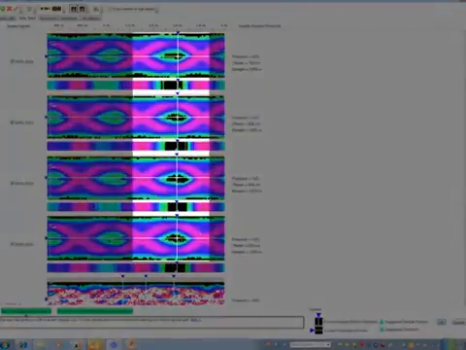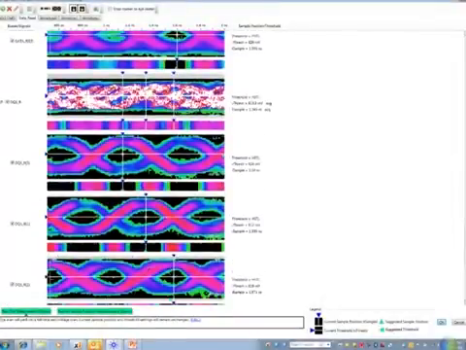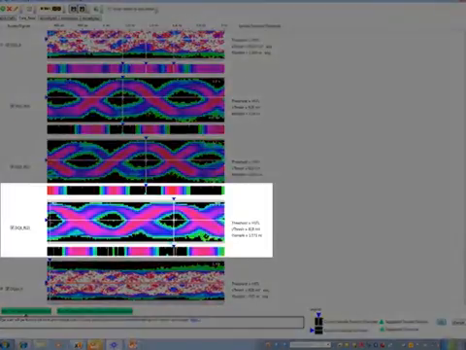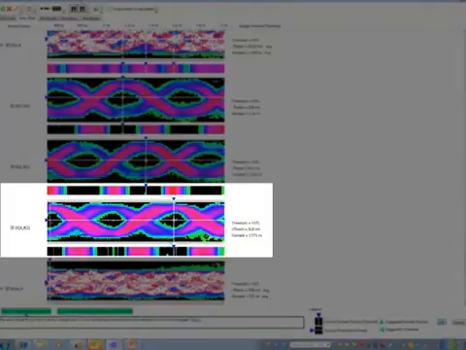So looking at byte lane 2 and realizing that the eyes are smaller relative to the other byte lanes, we begin to wonder if byte lane 2 has an issue. Byte lanes are driven from strobes, so we can go look at the strobes relative to each other and quickly realize by looking at the eyes that DQS2 has a much smaller strobe eye. The strobes are driving the data. The problem is with DQS2 as a read strobe, which is coming off of the DIMM and going to the